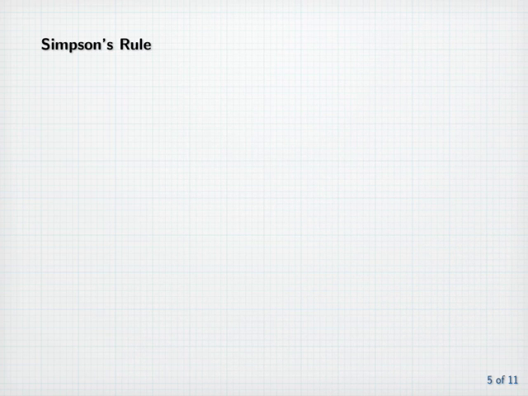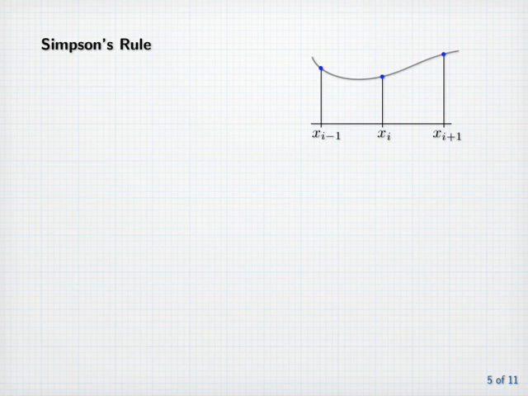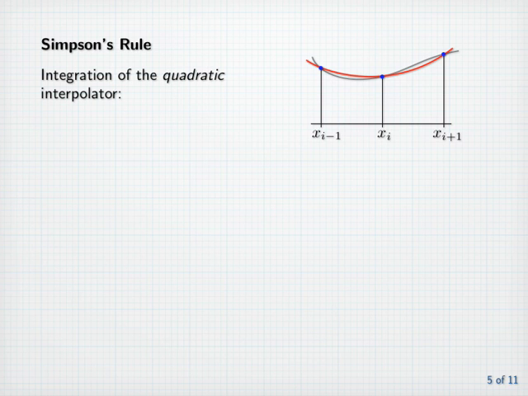Simpson's rule. Let's see what happens if we take subintervals 2 at a time, or points 3 at a time. Just as 2 points determine a line, 3 points determine a parabola, assuming the points aren't collinear. Simpson's rule approximates the area under the curve with the area under the parabola. That is, Simpson's rule integrates the quadratic interpolator, whose equation we can write as y equals a times (x minus xi) squared plus